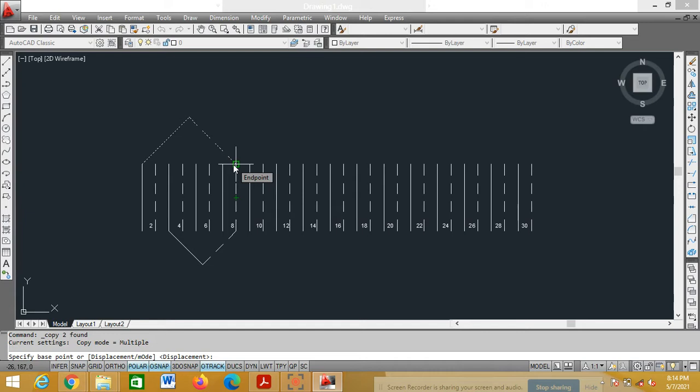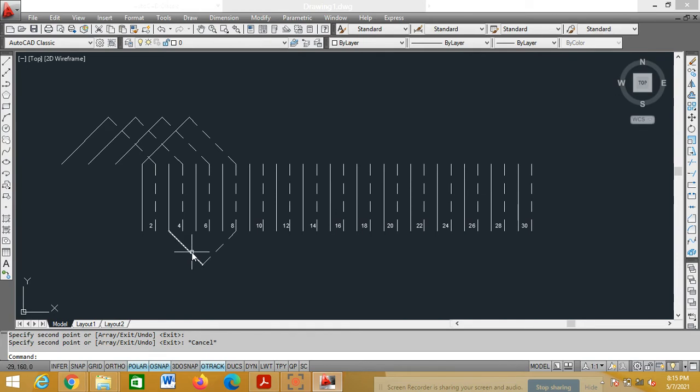I am using copy selection. Base point, I'll use this point. Click on that. It will ask specify the second point. Just drag it. Second point is this. Again, you drag it and click here. Drag it and click here. Understood, no? Similarly, you can do for all the connections, or you can also go for the array option. Same ways here, observe very carefully. I'll select these two, right click, go for copy selection.